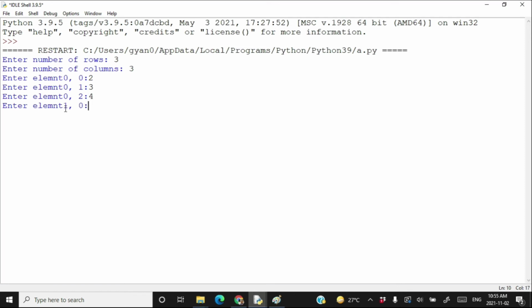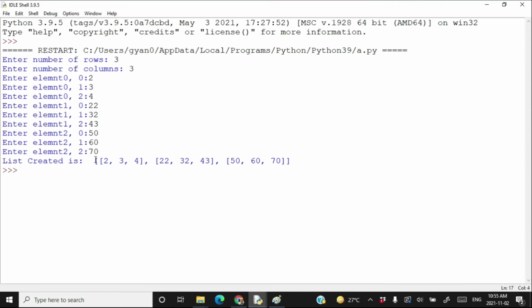Enter the 0th element of the first 1D list. Type here 22, then 32, then 43. Again, you type the 0th element of the second 1D list: 50, 60, 70. I have entered the 9 elements and this is my final list.